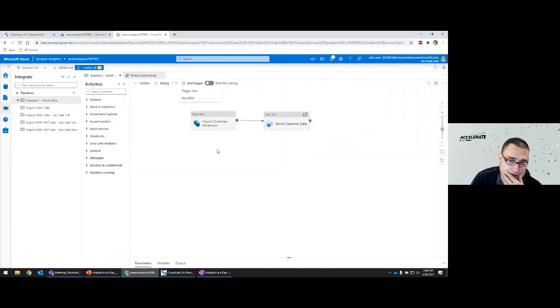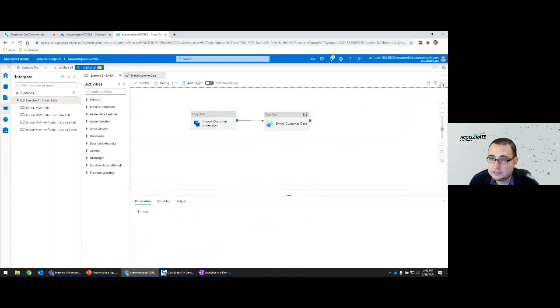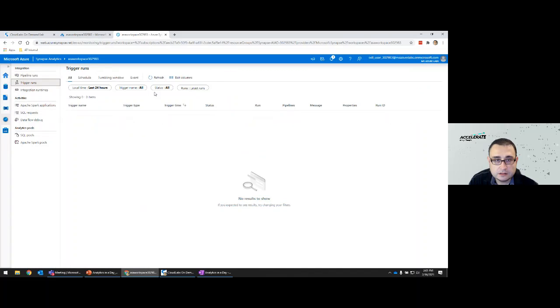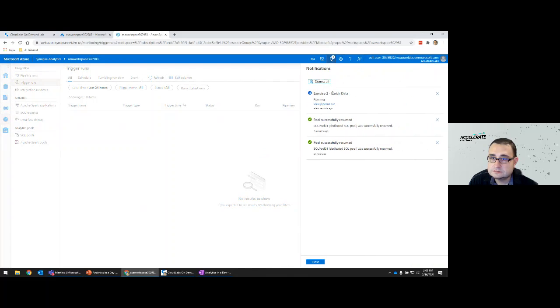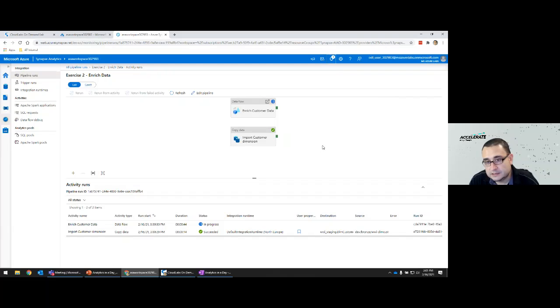So sometimes trigger now, beforehand, actually expected a trigger to be created. So now that it's running, you can see what the outcome of that trigger is by looking at the monitor section. If we now go to the monitor section, we can see what is actually running at the moment. And it should come up sometime now. Yeah, click on that. Also, there's a shortcut there. There we go.